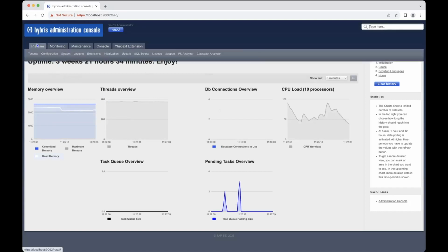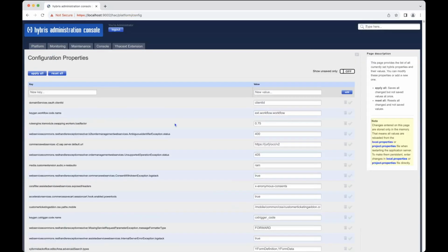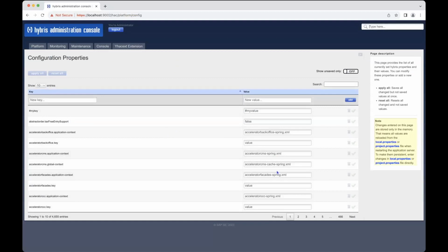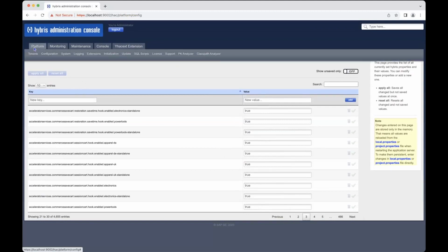You can see there are different tabs available within the HAC. One of them is configuration, and if you want to do the system update or initialize, we can directly do it from the HAC as well. I did it from the command prompt, but we have another option that we can do it from the HAC as well. If I go to the configuration tab, you can see all the configuration that we have already provided in the property file,